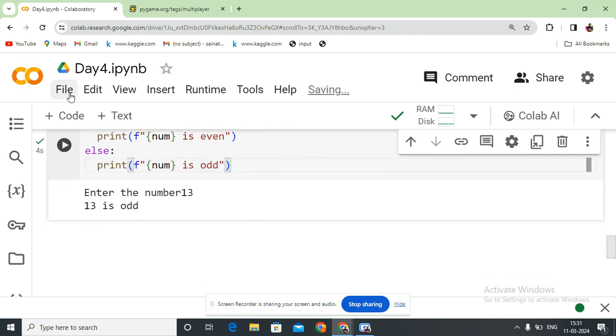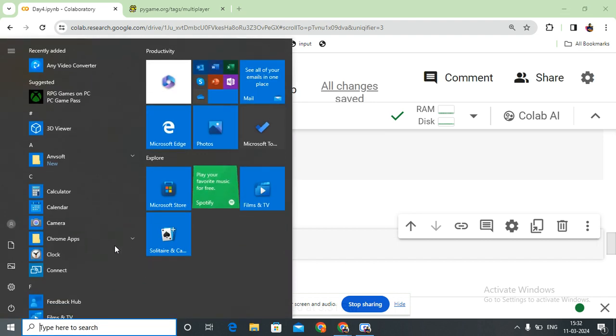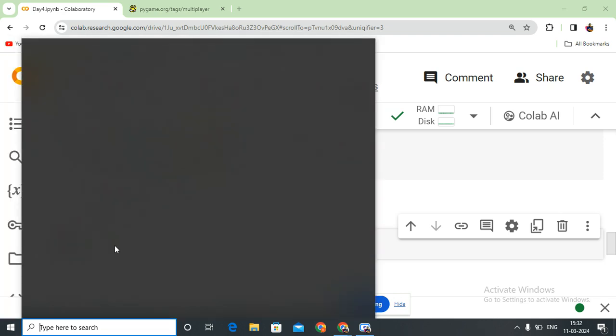Now, with this knowledge, I want you to take a look at one of the more challenging tasks on if else statement, that is finding whether a particular year is a leap year or not. So what is the catch here? Okay, so let me show you